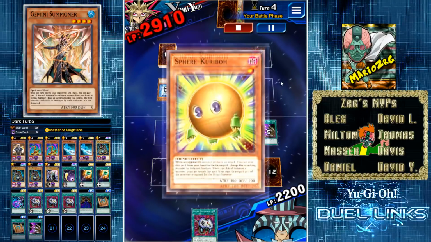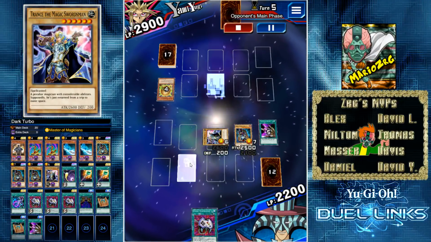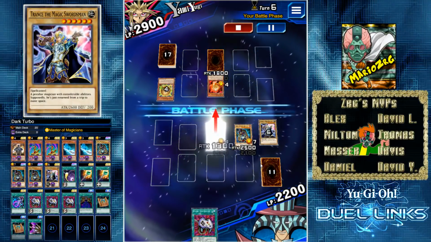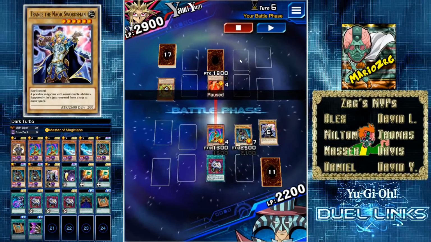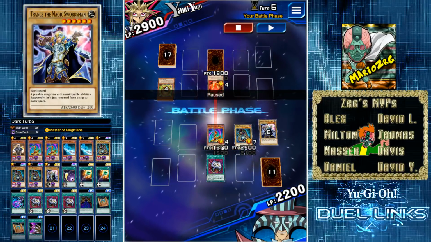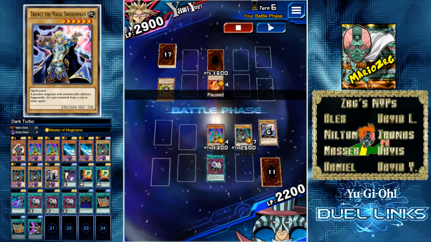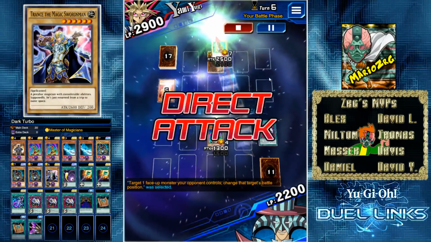But he did have a Sphere Kuriboh, so I go ahead and trigger that. I'm gonna lose my Trance Magic Swordsman, unfortunately. I pick up a Legion. His card was activatable the whole time, so instead of once again trying to go for game with Econ Take, I just activated the enemy controller, flipped the Tiger into defense mode, and even though I knew I was attacking